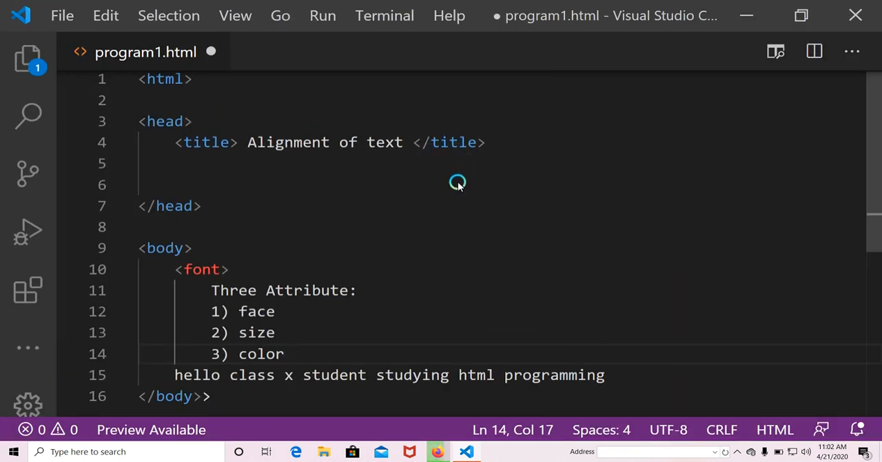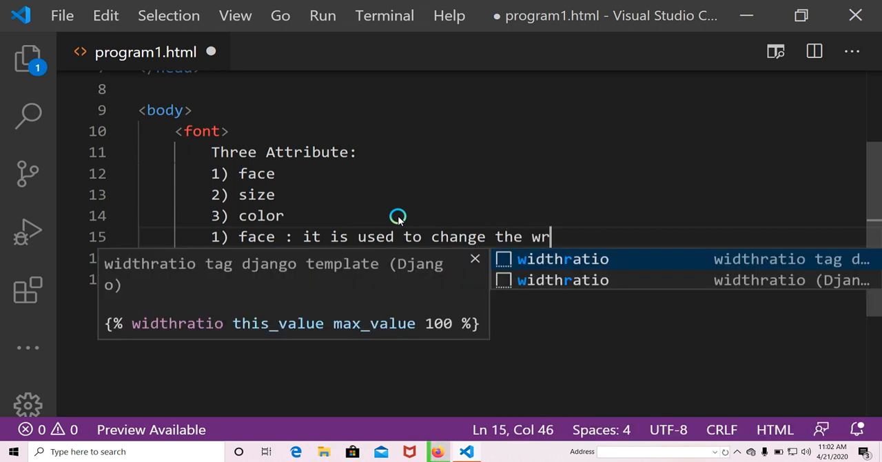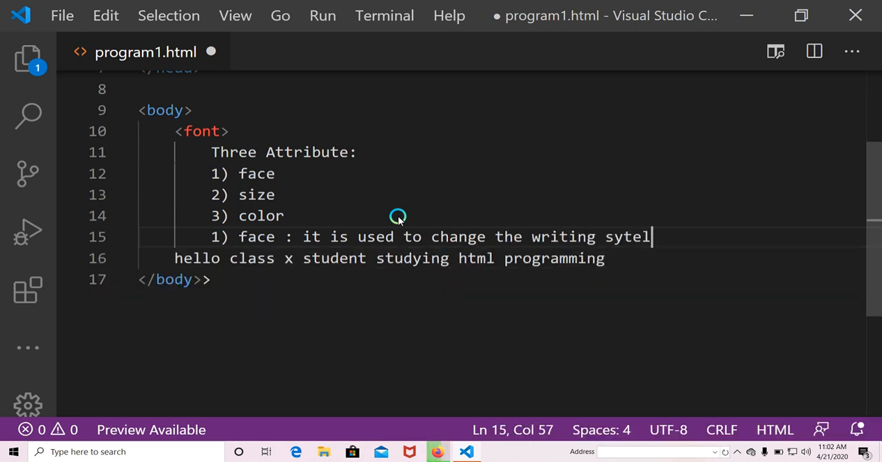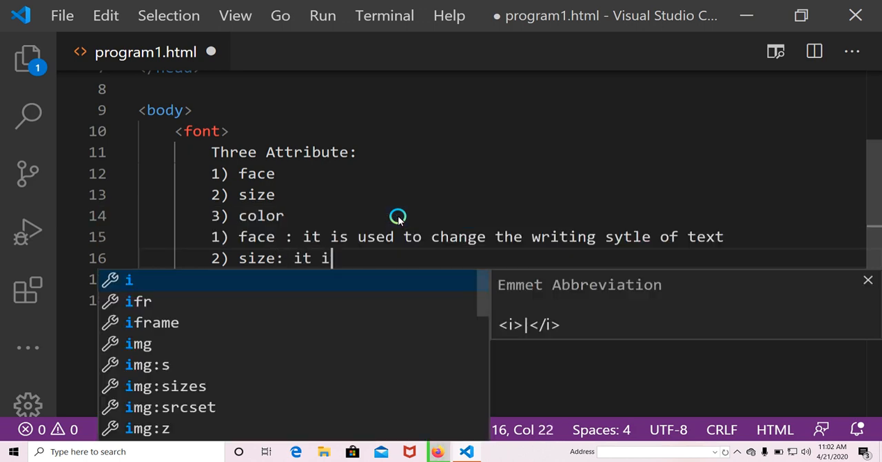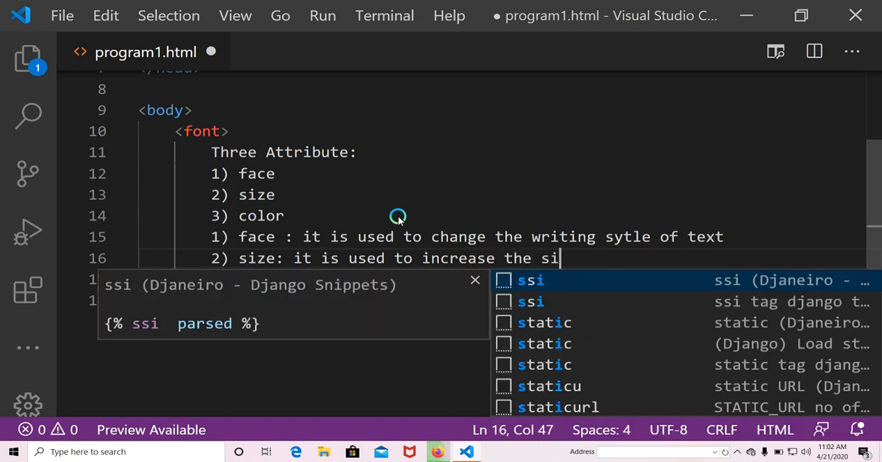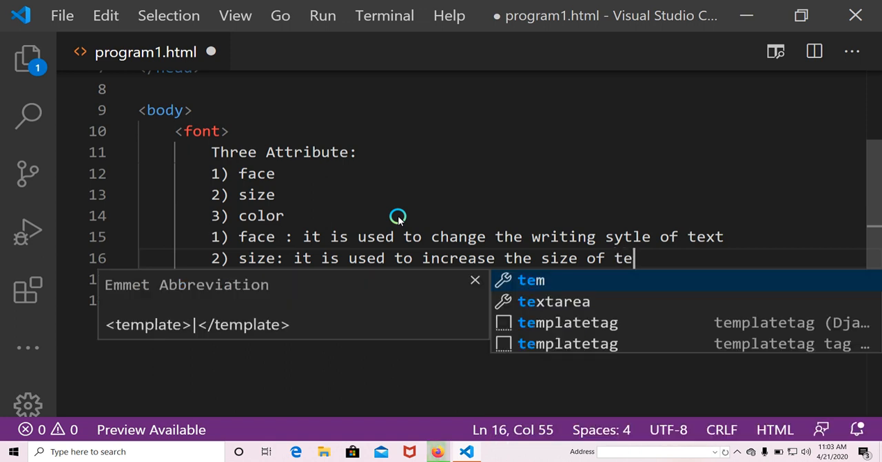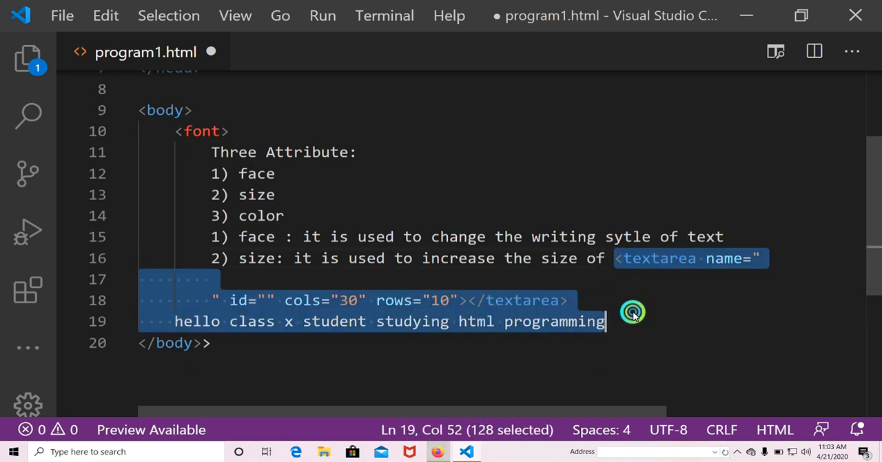I will maximize here. Okay, what is the use of the first, face? It is used to change the writing style of text. Second, what is the use of size? It is used to increase the size of text. And the use of the third is